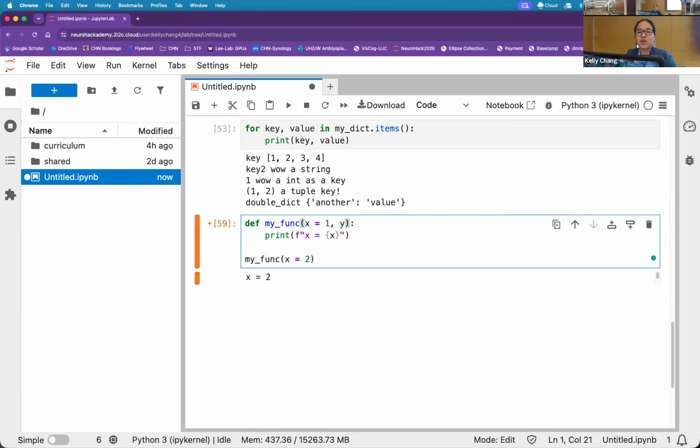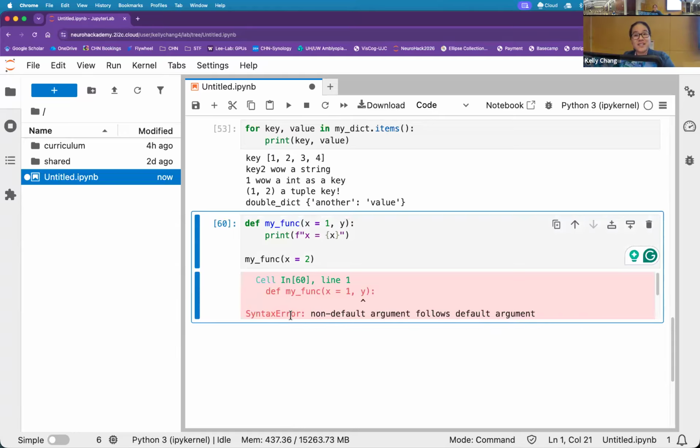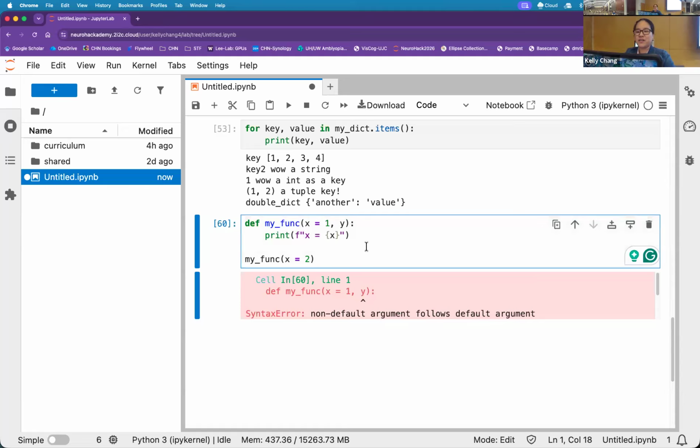Can I keep on adding arguments? Of course I can. But once you define an optional argument, it's going to start yelling at you because we can't have optional first and then required. The order of operations is required first, then optional. So if I try to run this, you'll see that it's a syntax error. Python's errors are pretty informative if you understand what's happening here. It says syntax error, non-default argument follows default argument, meaning a required argument follows an optional argument. So your order of operations is a little bit iffy here.